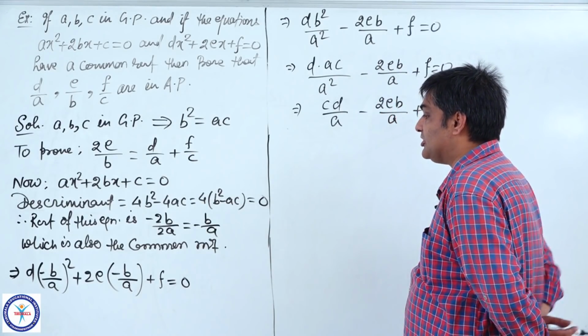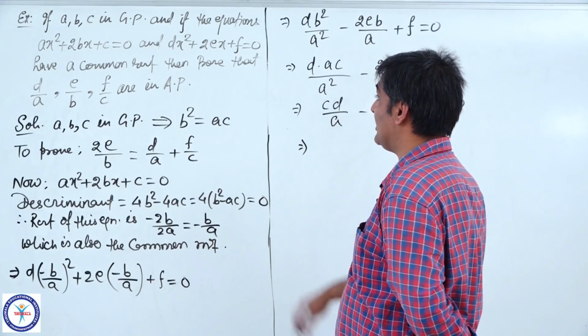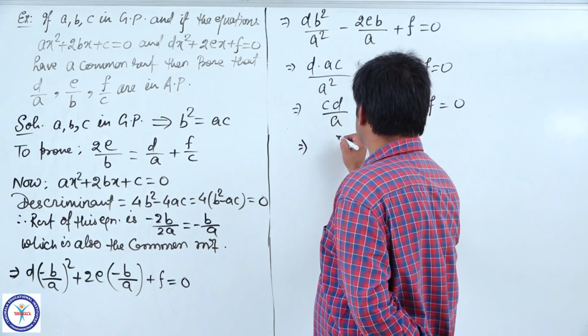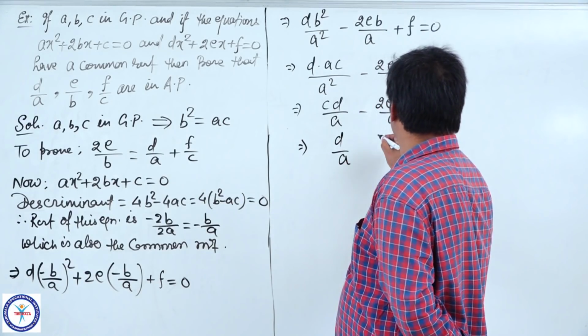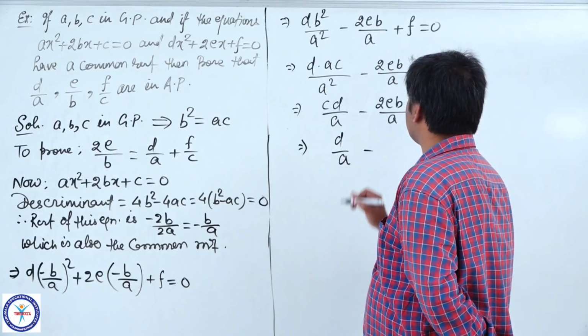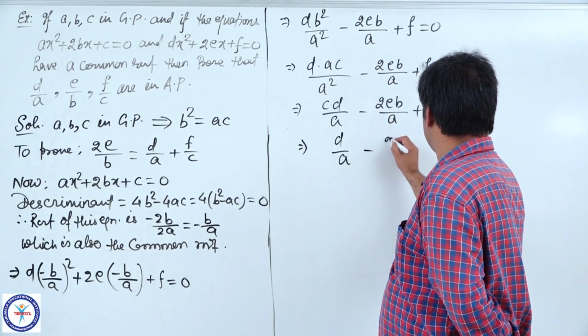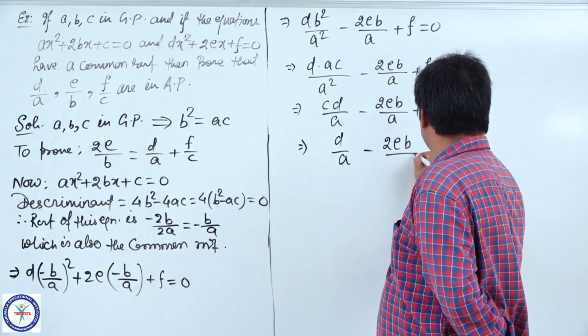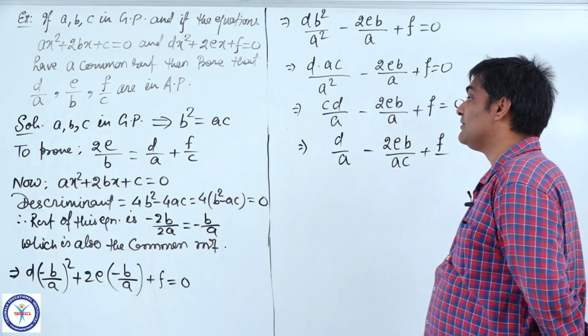If we divide by c, so what we will have? d/a - 2eb/(ac) + f/c